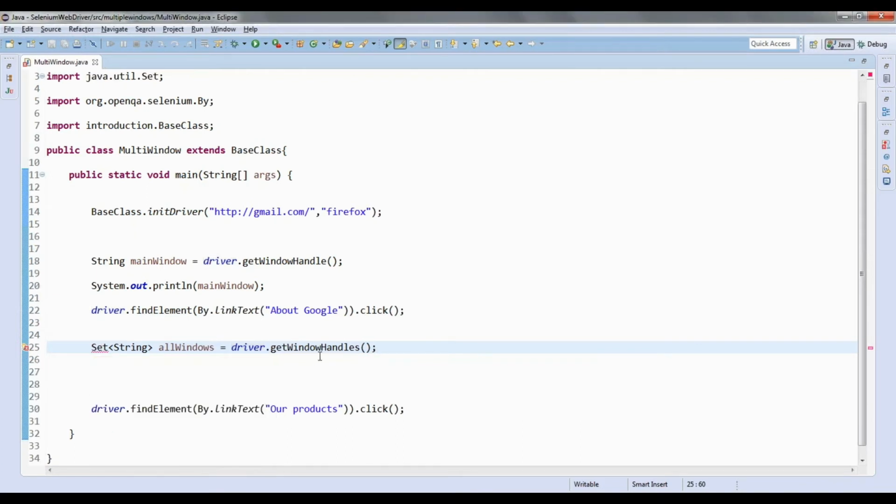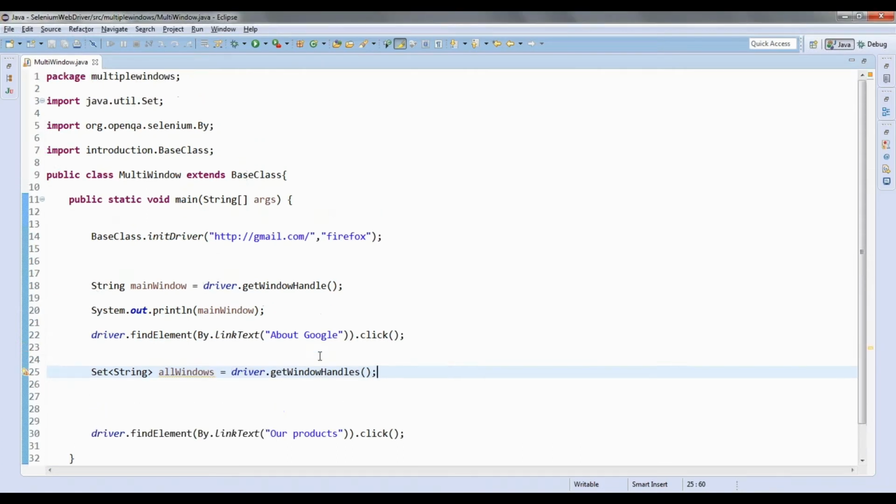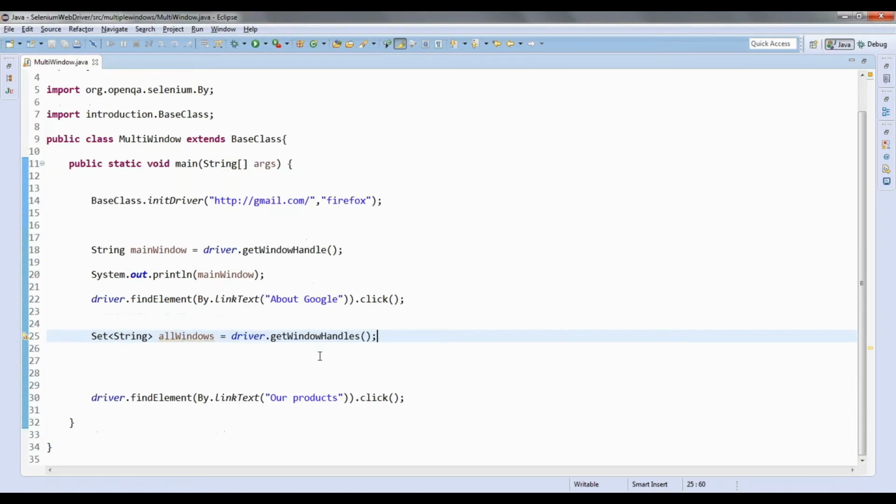So what is the difference between a set and a list? Why do I have to store this in a set? I could do that in a list also, right? But why do I have to store that in a set? Any idea?